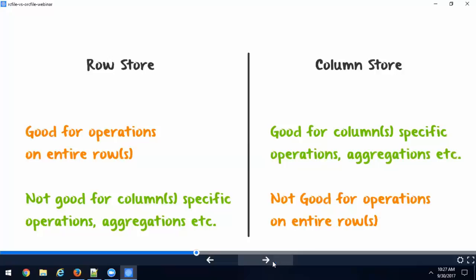And column store is good for column specific operations or aggregations, etc. Row store is not so good for column specific operations and aggregations, whereas a column store is not so good for operations on entire rows. So now we have seen row major format and column major format. Both have advantages and disadvantages.